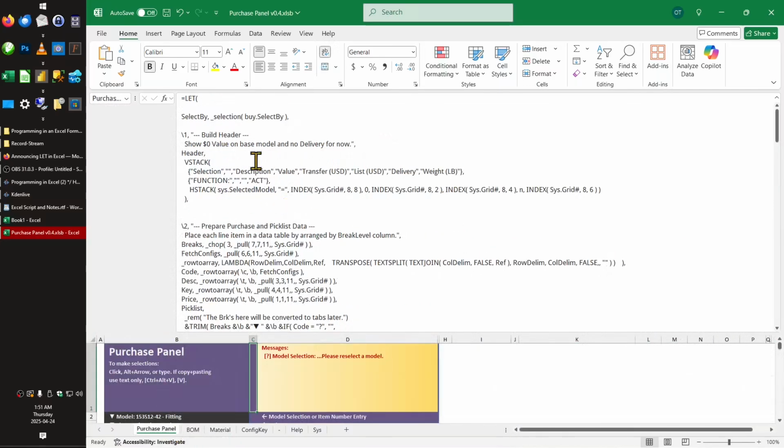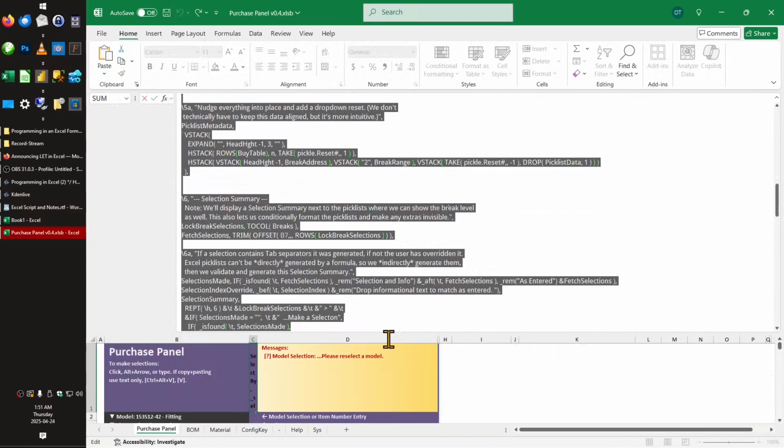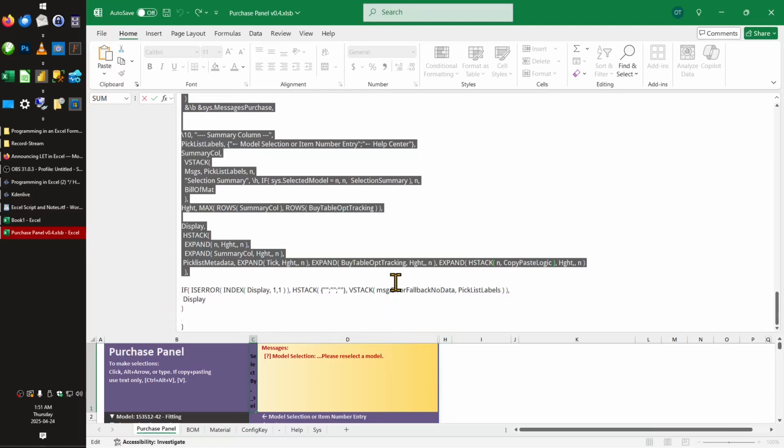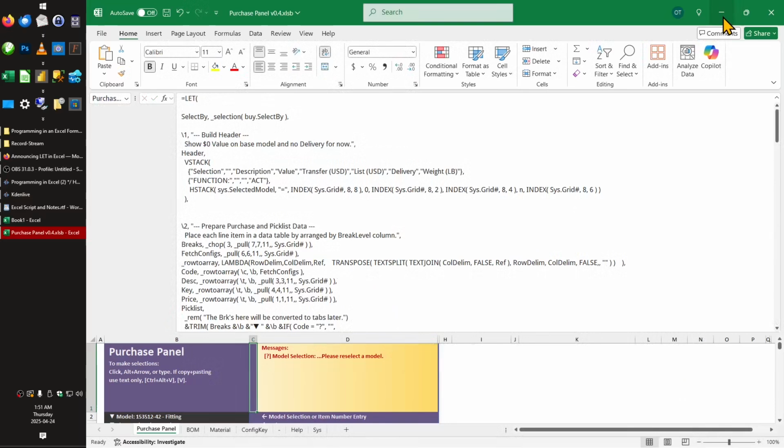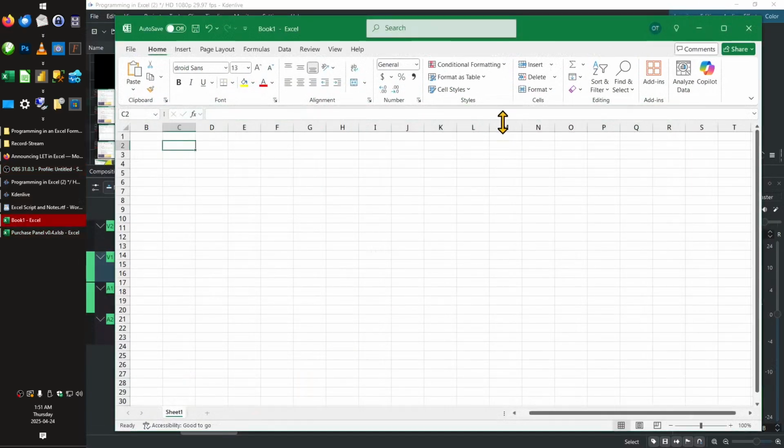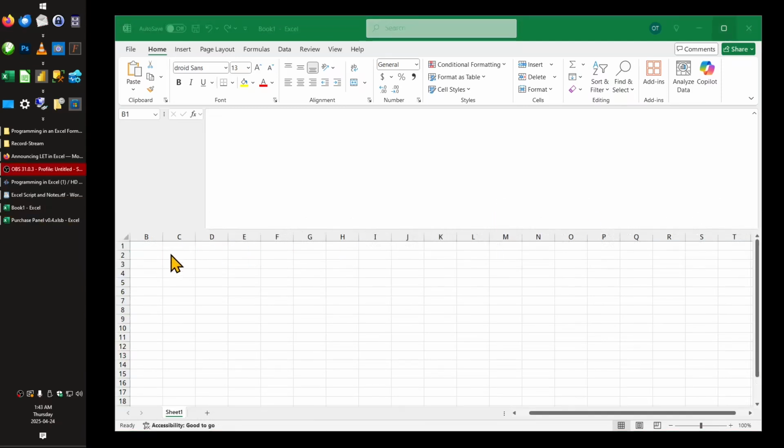The magic is in the LET function. Introduced a few years ago, it's still kind of new. So what does the LET function do? For our purposes, it allows us to set variables or create subroutines. Sort of. Technically, it simply allows an expression to be reused within a formula without having to type it out